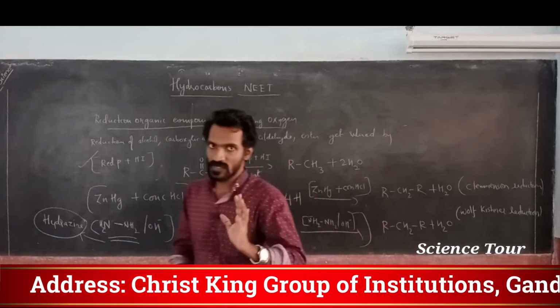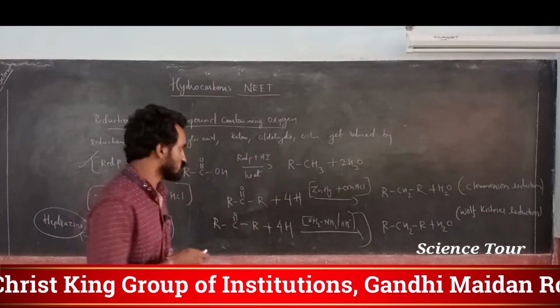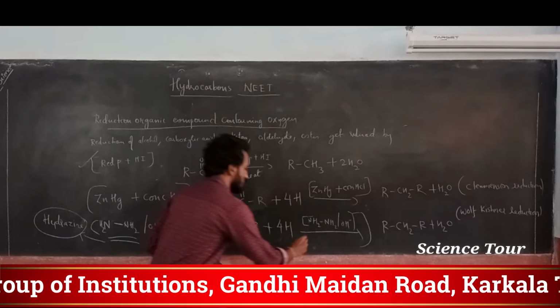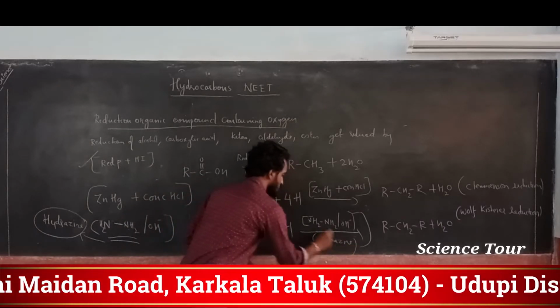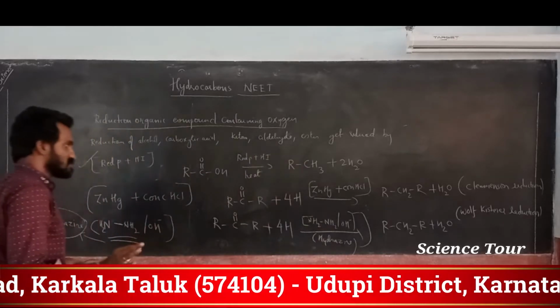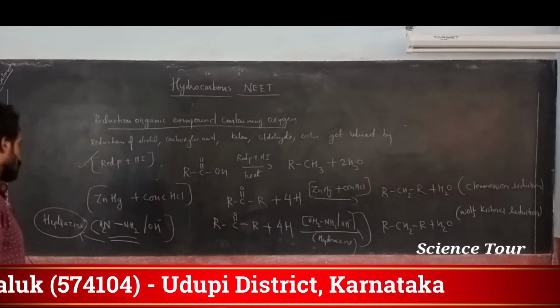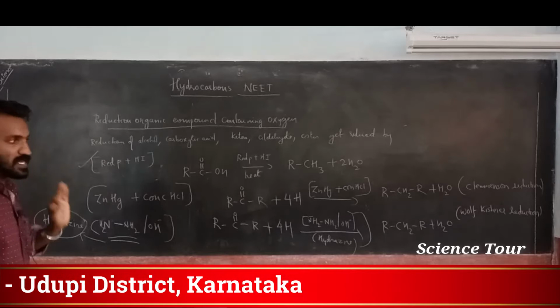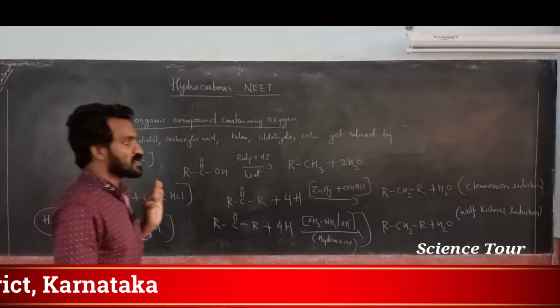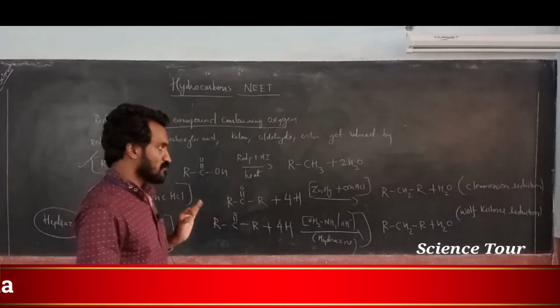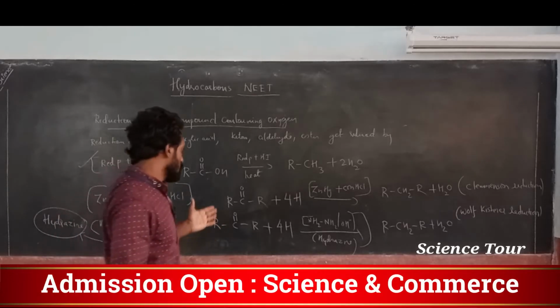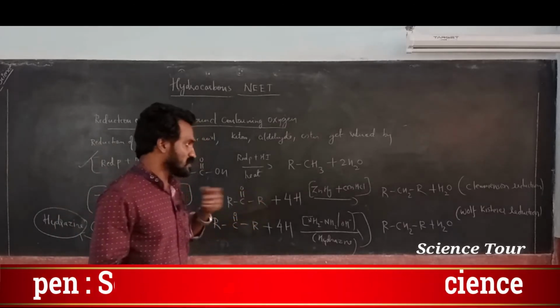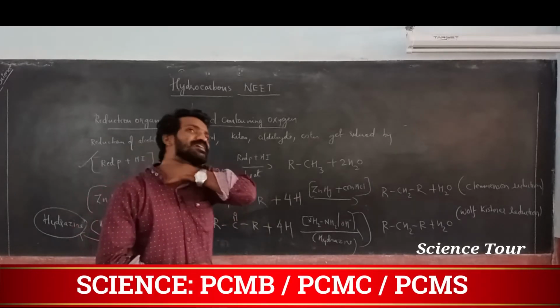Note down, my dear students, if the reagent you are using is hydrazine, that I will write here, otherwise you will get confused. Hydrazine is nothing but NH2NH2. Hydrazine in the presence of OH minus, then that reduction is called Wolff-Kishner reduction. Why I am telling again and again means, in the exam they may give the same one, but only the reagent may change. At that time you will get confused.